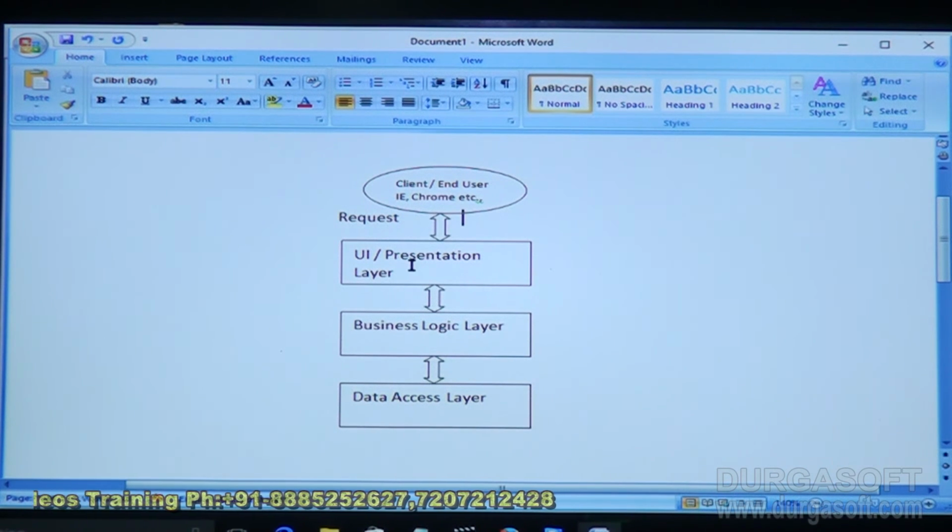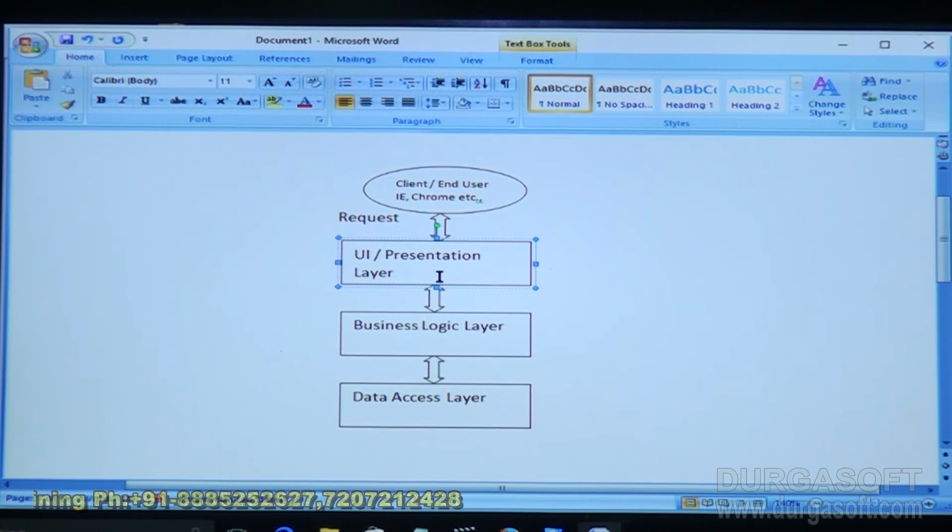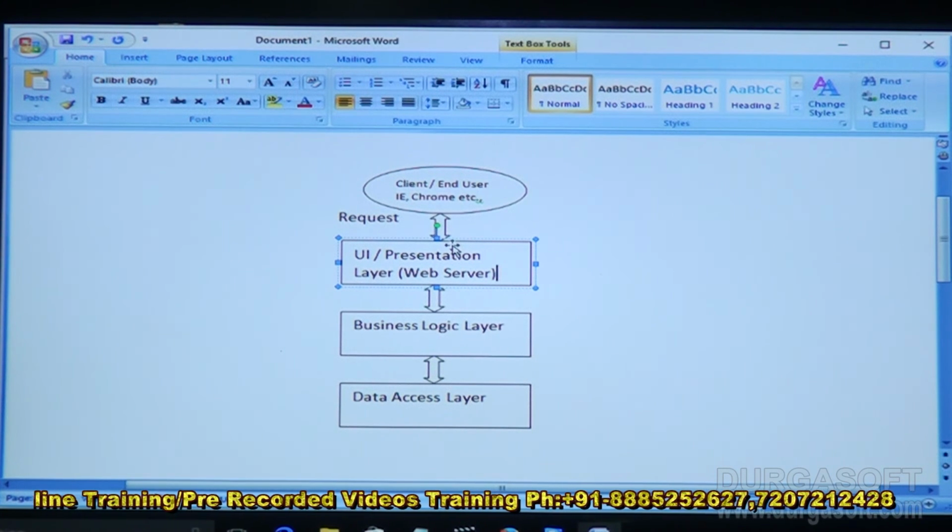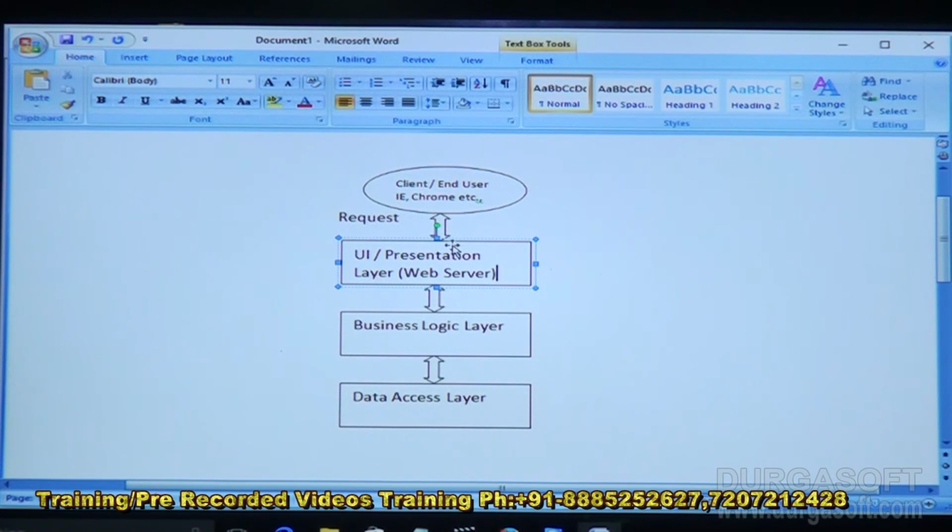www.gmail.com, the request will be sent to the presentation layer, nothing but your web server. We also call it your web server, which hosts your website. The request is sent there, and that's where you see the page being opened, the first user interface. From there, when you input your username or password, and click on the login button,